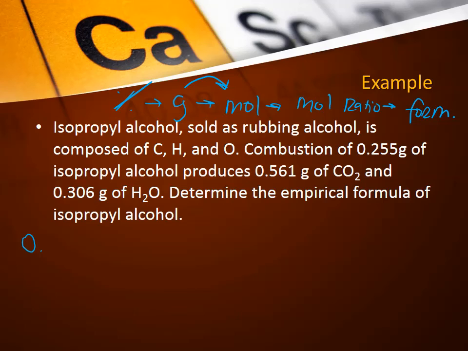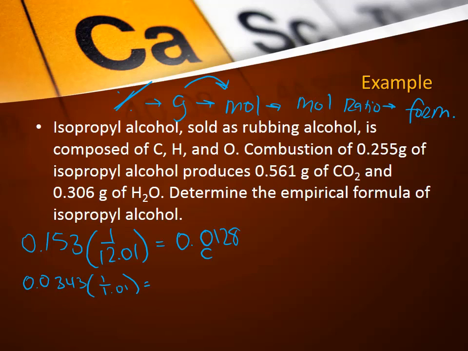So, if you really want to though, you can divide all these numbers by 0.255 and yay, you get percents. Have fun. Anyways, so our moles of carbon will be 0.153 times 1 over 12.01, which gets us about 0.0128. That's carbon. Moles of hydrogen will be 0.0343 times 1 over 1.01, which gets us